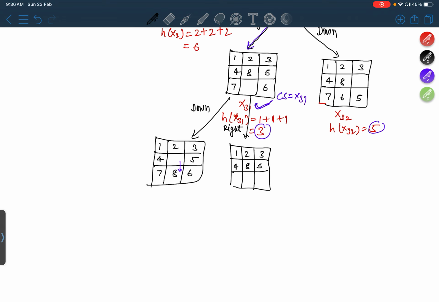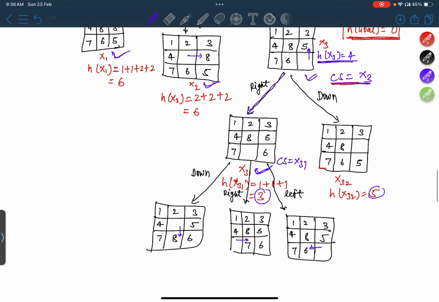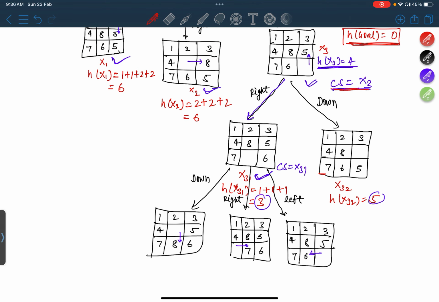1 2 3 4 8 5 and 7 6. So this was the one move, and third move is go left. Okay, 1 2 3 4 8 5 7 6. This was the next one, and we know that ये already हम explore कर चुके हैं this was. तो अगर मैं इनके लिए कैलकुलेट करूँ this, let's call it x311, x312,